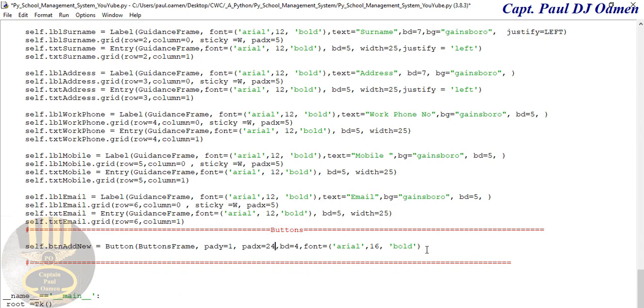Alright, what about the width? Comma, width. We can make that, let's go for 9. That should do. And the text on it, I'm going to enter the text as add new. Right. Okay, I think that will do. Close that